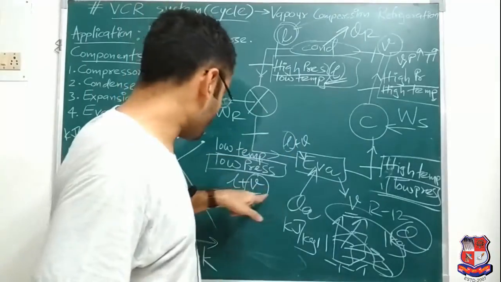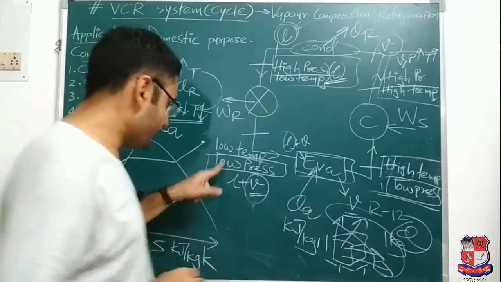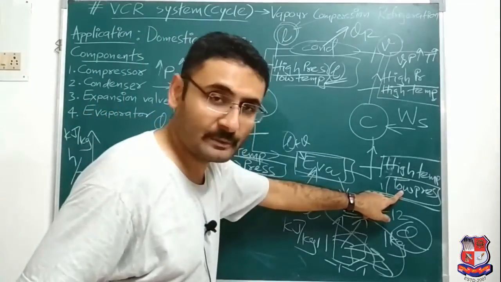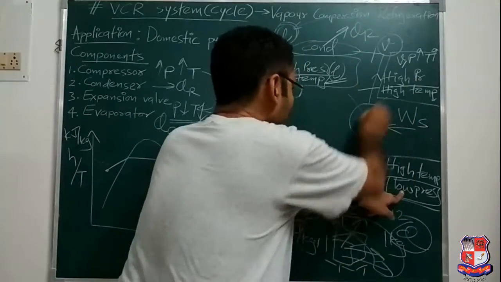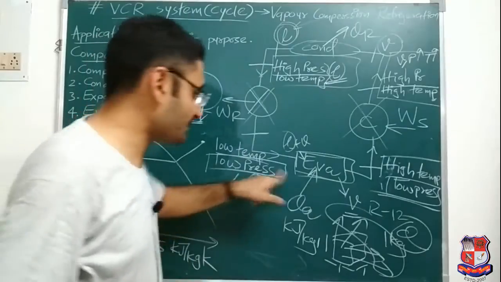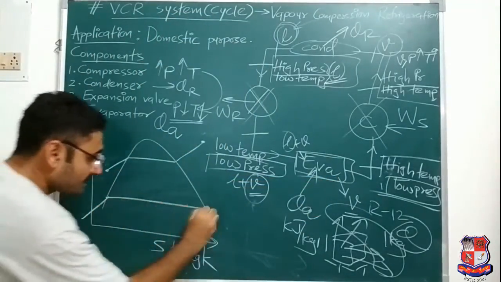Okay. Now next, the constant pressure process will be done in the evaporator. In the evaporator, what happens over here? We can say low pressure, over here also low pressure; high pressure is not constant pressure, over here low pressure, high pressure, not a constant pressure process. So the constant pressure process is done in the evaporator. So one more constant pressure line I will draw like this.